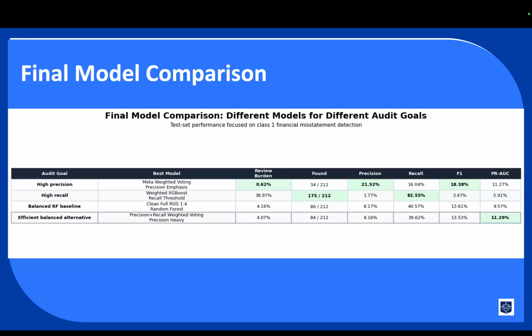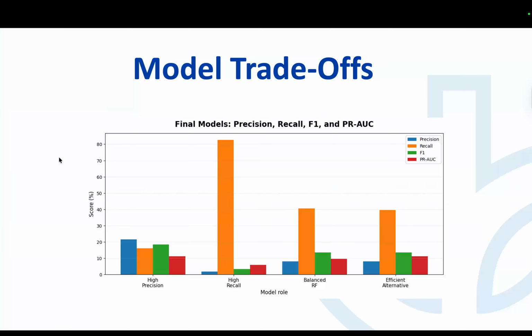So this table shows that the best model depends on the audit goal at the end of the day: high confidence review, broad detection, or review efficiency. And then when it comes to model trade-offs, this chart visualizes the trade-offs between precision, recall, F1, and area under the curve across my final models.